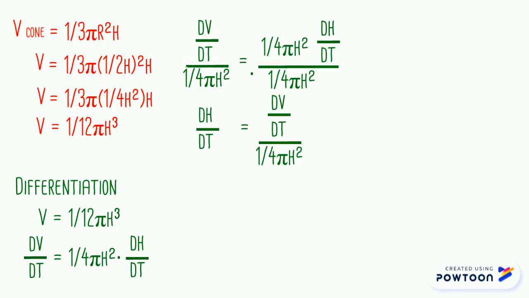Plug in the value of the derivative of volume with respect to time, which is equal to 2 cubic meters per second, as well as the height of the sand equal to 8 meters. Simplify the